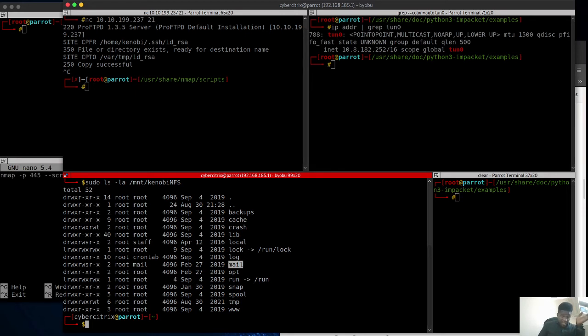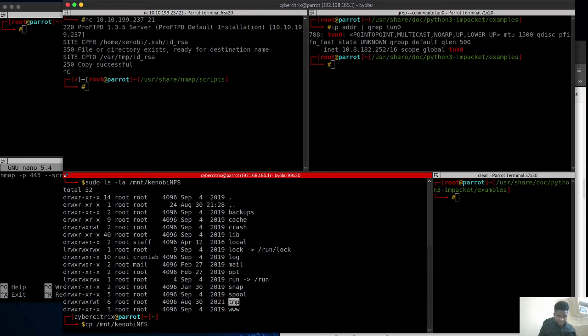Now that we're there, since we have a network mount on our machine, what we're going to try and do is go check the var temp and see what is in there. You can see that temp thing happening there. Let's go see what's happening there and log into the account. So we're going to execute a few more commands. Let's see if we can copy the MNT kenobi NFS